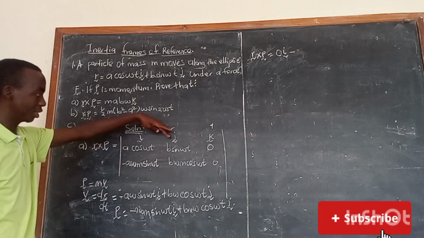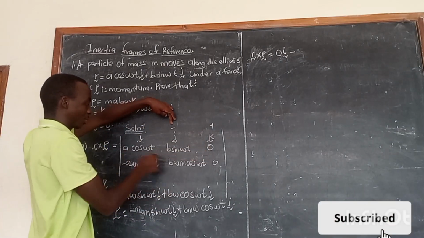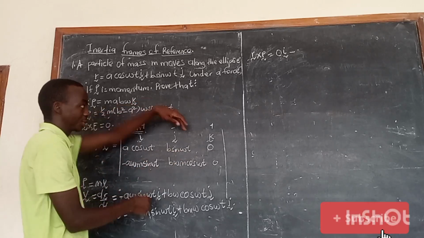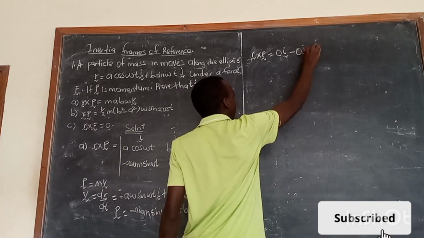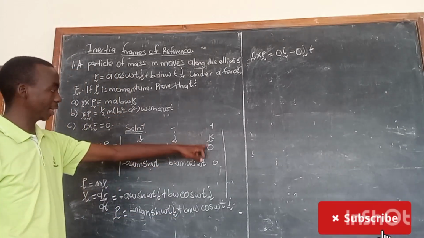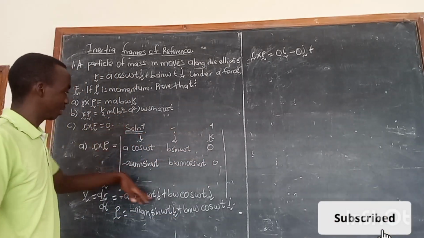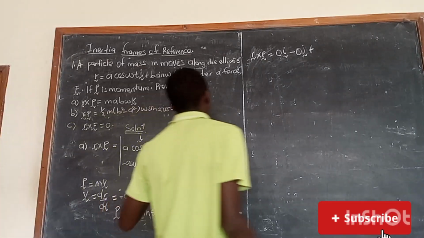Then you go for j. For j we cross out this and this, remember this column and this column, 0 minus 0. Then for k, we cross out this and this. This times this minus this times this. So it will be